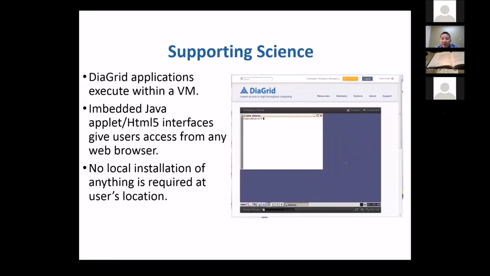Here's just a quick peek at what diagram looks like once you log in. Currently, diagram supports different kinds of web applications. We support the traditional web applications written in PHP and JavaScript, which we call components. However, that's not the interest of today's topic. So in today's talk, we mainly focus on those standalone applications which can be developed